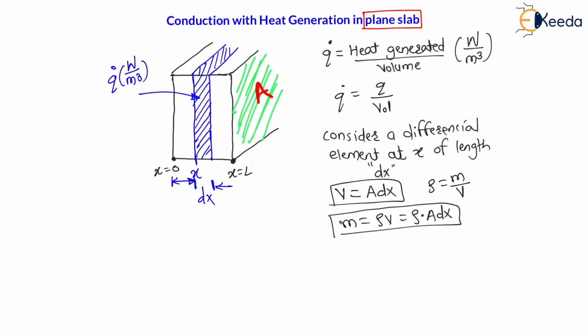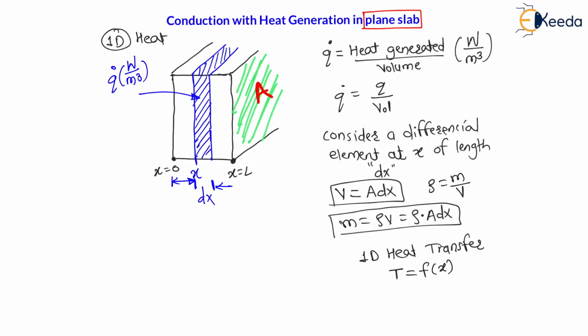Here my assumption is that, first of all, I am assuming 1D conduction, unidirectional 1D heat transfer. Let us write somewhere here 1D heat transfer that we are assuming. The meaning of 1D heat transfer is that the temperature is a function of any one direction. Let us assume here temperature is a function of x direction only, right? Means temperature is not a function of y direction and z direction.